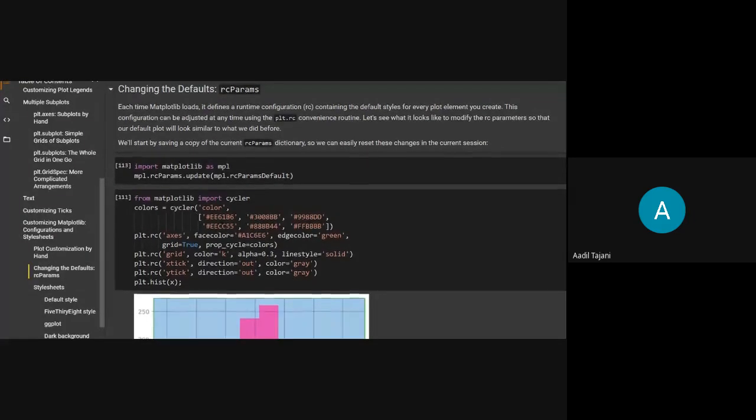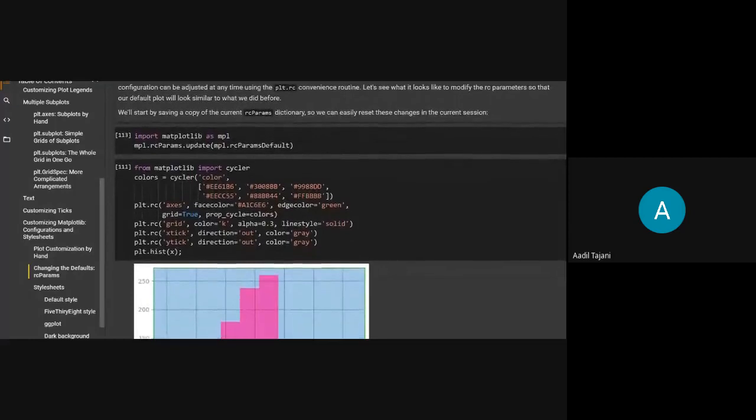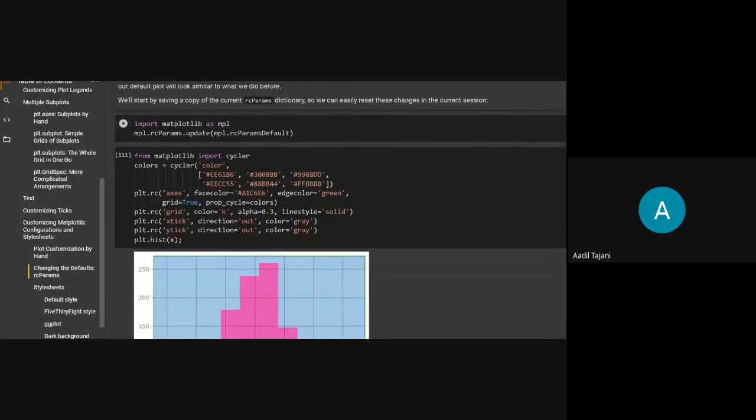Okay. So as we saw earlier, if we do multiple plotting, Matplotlib changes the color automatically. You don't have to mention anything. It will change the color automatically. And the same thing that I want is that from now onwards, if Matplotlib changes those colors automatically, I want those colors to be different. I don't want those basic colors.